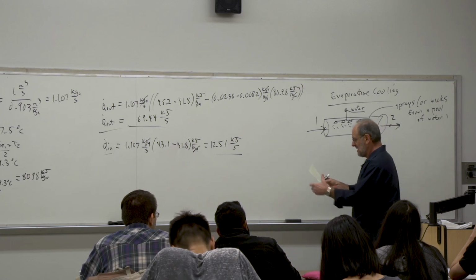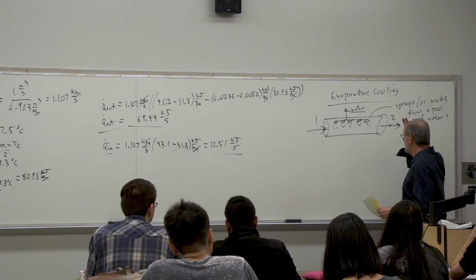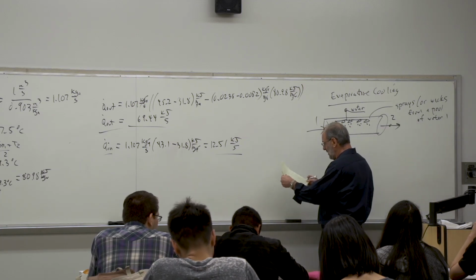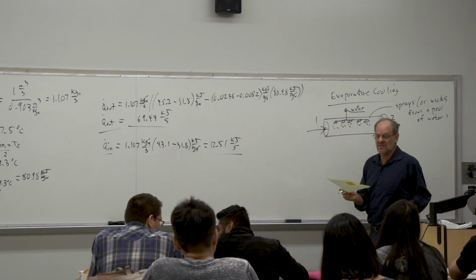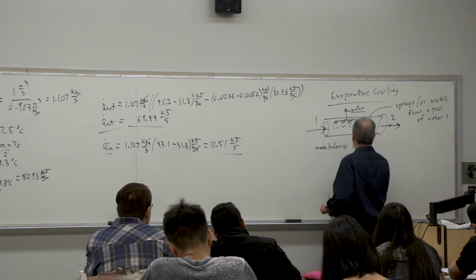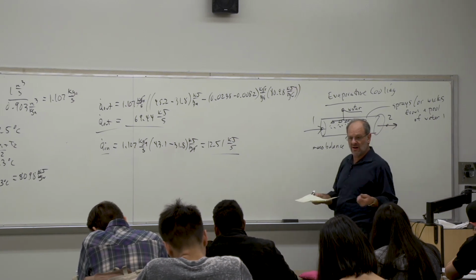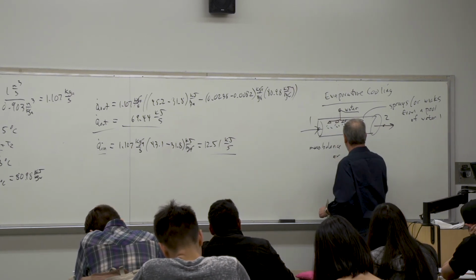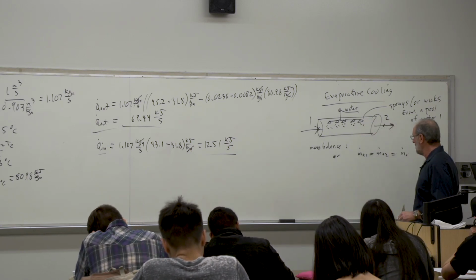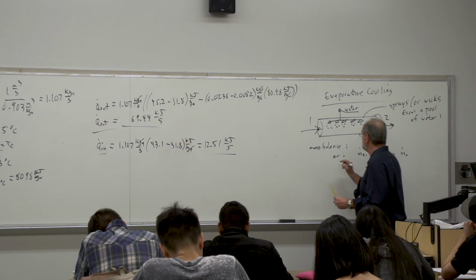So how does this system work? Well, before I even show this on a psych chart, let's look at the equations that are involved, and then I'll show this on a psych chart. So first of all, we would have to use our mass balance equations, and as usual, with regards to mass balance, the amount of dry air that comes in is going to be the same as the air that goes out. So m dot air at 1 and m dot air at 2 are both going to be the same. And then with regards to the water,